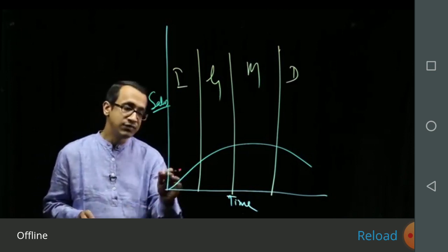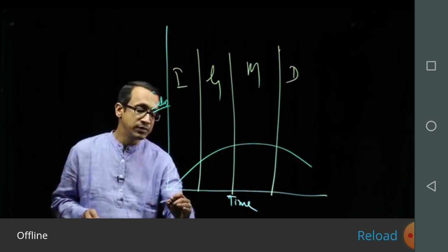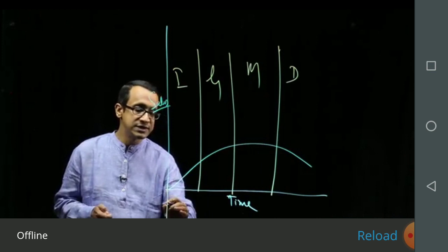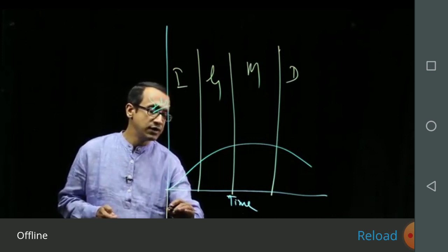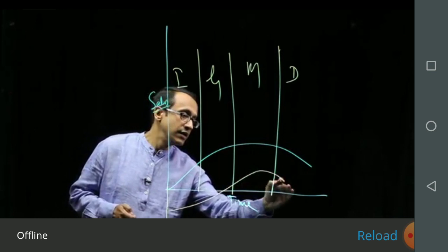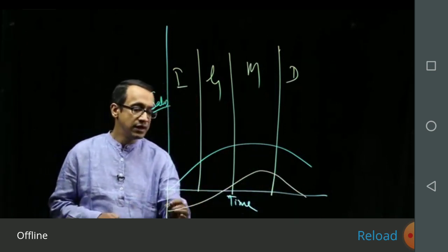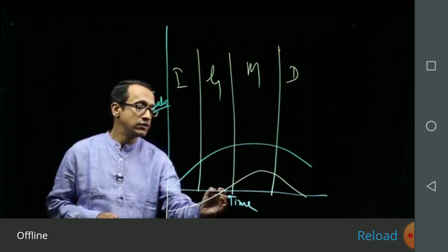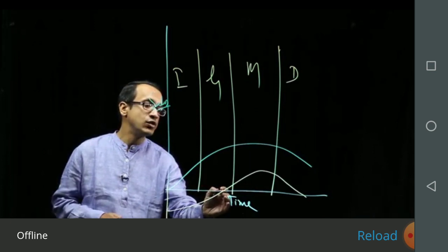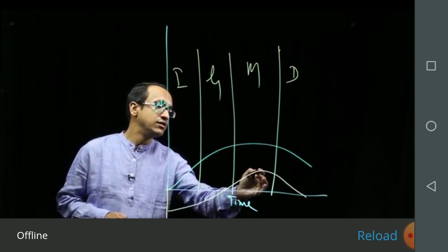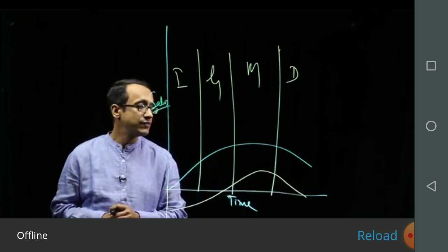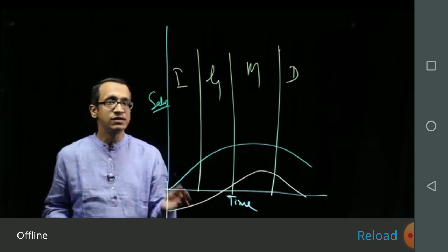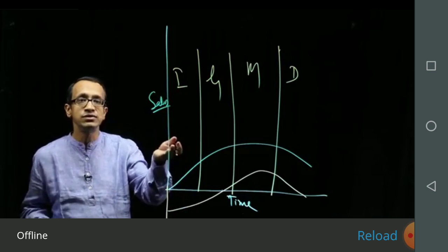If you are putting a profit plot, then the profit, I'll extend it like this. What happens is you will be crossing the profit somewhere over here, and it will go like this, which means at this stage you are actually making loss, you are not making any profit over here. It will cross the break even point somewhere in the growth phase, it will attain its peak during the maturity phase, and then it will start declining, that you will start making losses. So as the characteristic, I've already told you that it is not going to make any money.